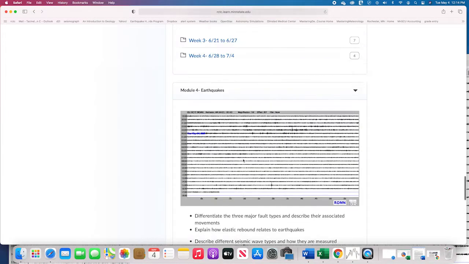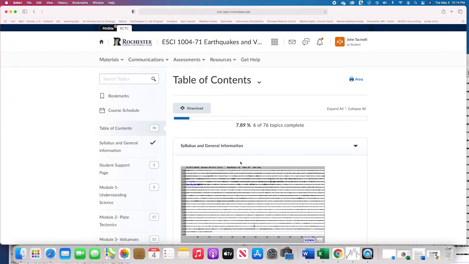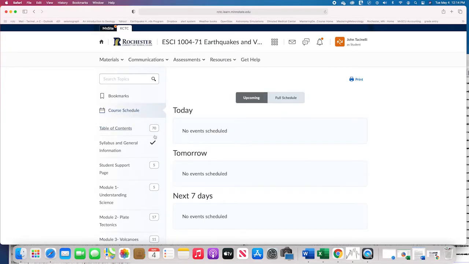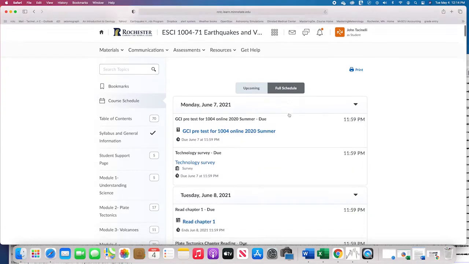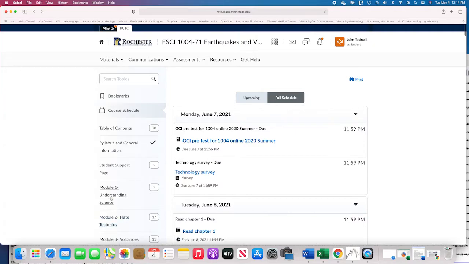And there's also some links to some other information, things you'll need. So if you need to know more about the course schedule, you can click on course schedule here, and it will show the full schedule here and what's due, any of the due dates. Due dates are also in the modules. A lot of the material is going to be presented through